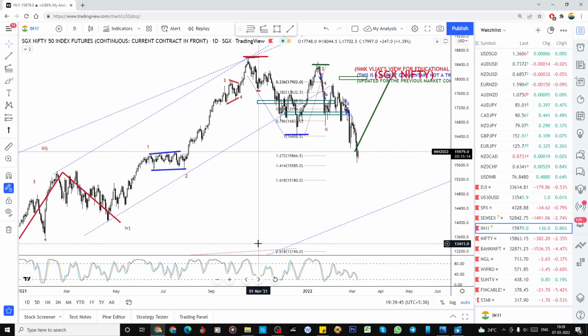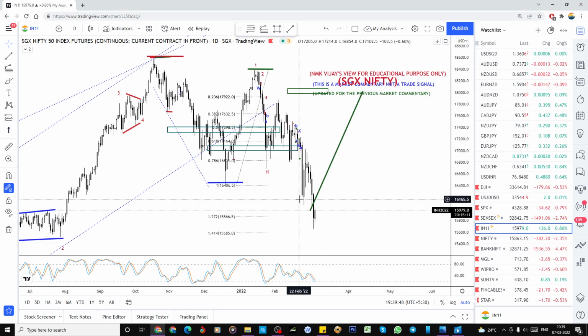So first let's move on to SGX Nifty. Before that, yesterday I shared my detailed analysis correlating US 30 and S&P 500 with Nifty and SGX Nifty, which we do regularly. That is a 24-hour market, so we are doing only this, and then it will be converted into the Nifty also. Yesterday I already did one video, so just have a look there.